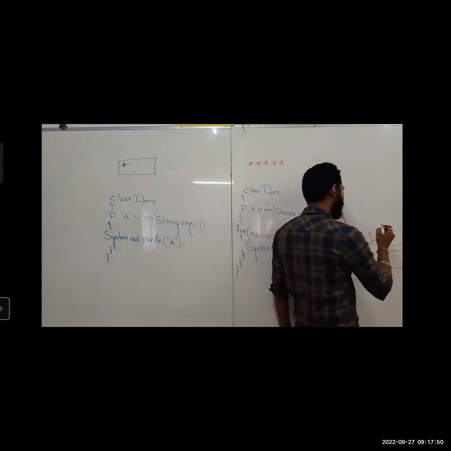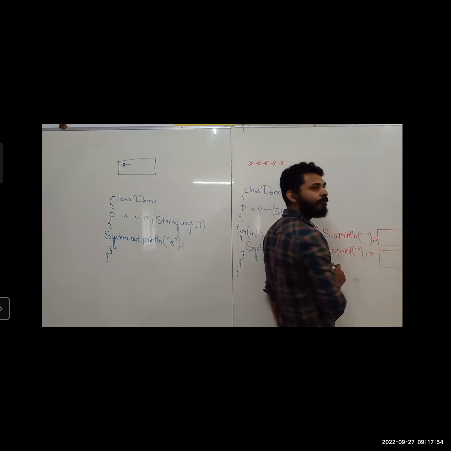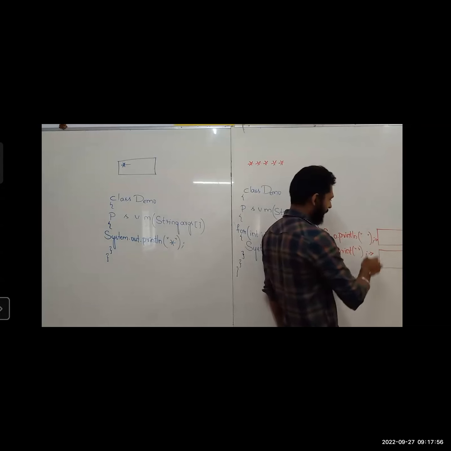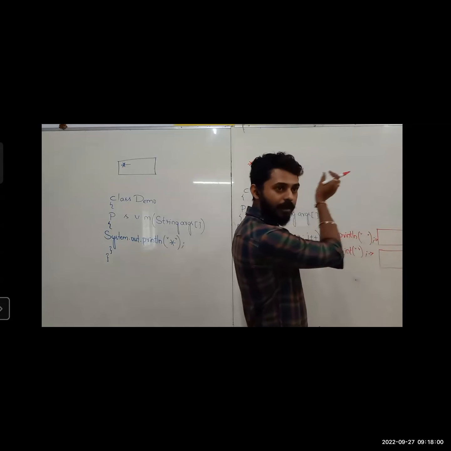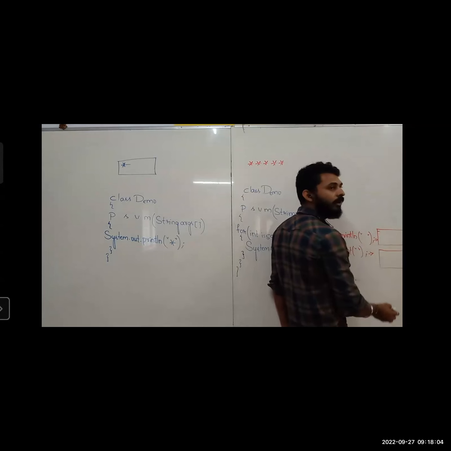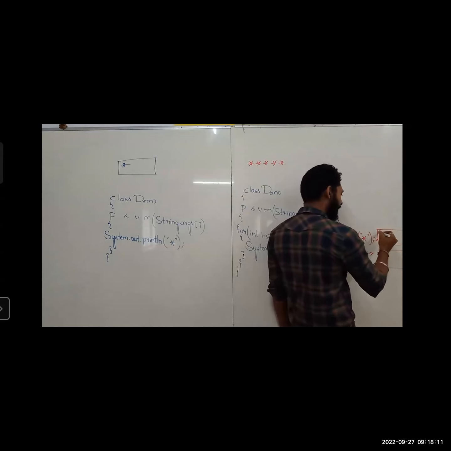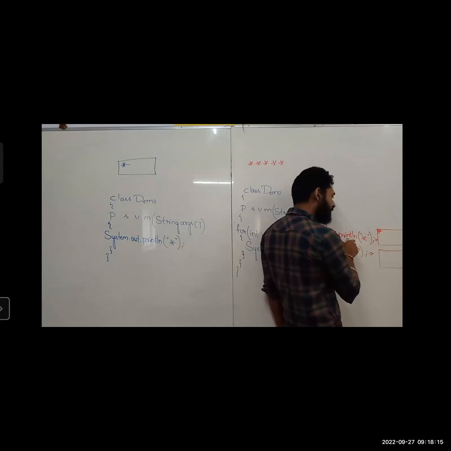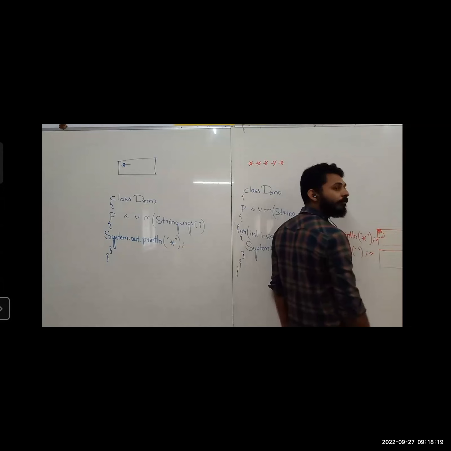First, wherever the cursor is present in the beginning, where will the cursor be present? Simply, I cannot say left. Here left? No. It will be top left. Yes, it will be present here. Wherever it is present, it will print. If you want to print a star here, then it will print the star at that position. And where will it go? As you are using ln, it will come to the next line.